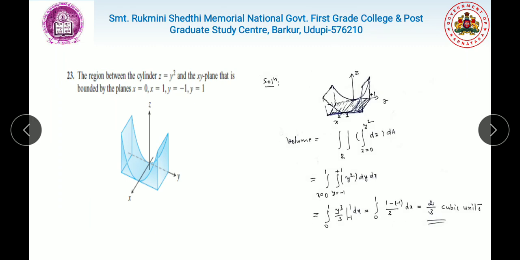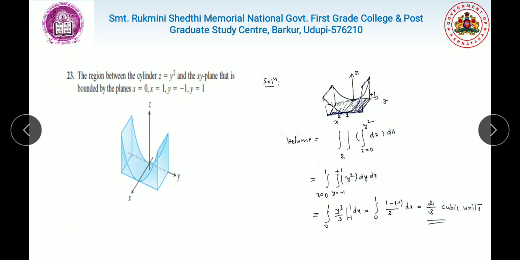Fix a point x comma y on the rectangle and see what is the variation for the variable z. So for any fixed x comma y in the projection R, z varies from 0, that is the lower value of z, and the upper value is the curved surface of the cylinder z equal to y square. So upper limit is y square. Then you have to integrate over the projection. To cover the projection, fix x, y varies from minus 1 to plus 1,